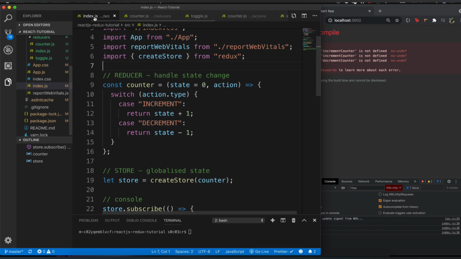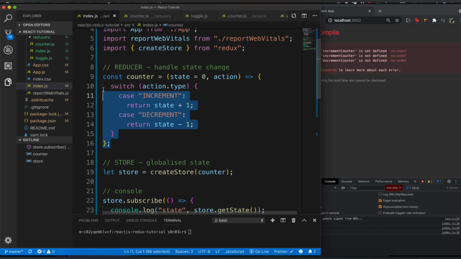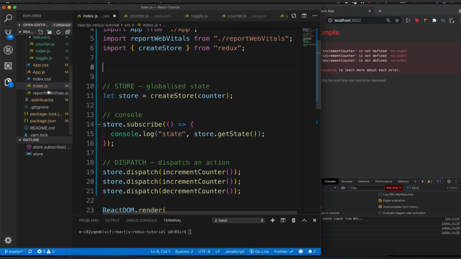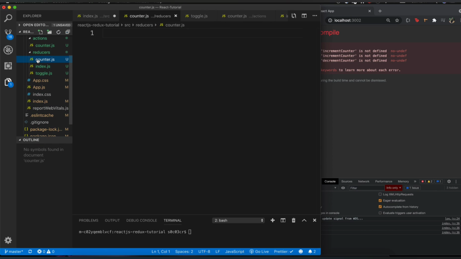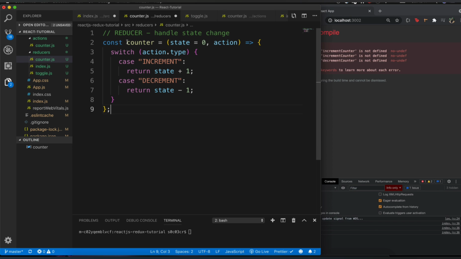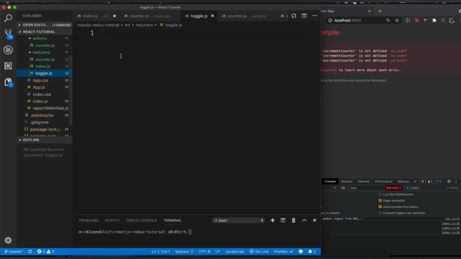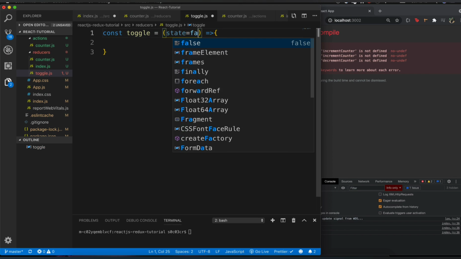Similarly, let's again go to our index.js and take the reducer code. So again, I'm going to copy this code from here, and let me go to counter.js. So the reducer responsible for counter, I'm going to paste it here, right? And again, I'll have to export it so that it can be used outside of this file. So I'm going to export it. Again, since I mentioned I'm going to create another reducer, which is toggle.js, let's go ahead and create a reducer over here. So I'm going to say const and let's name it toggle, right? And this is also going to be an arrow function, and basically the initial state for this is, let's say, false, right?